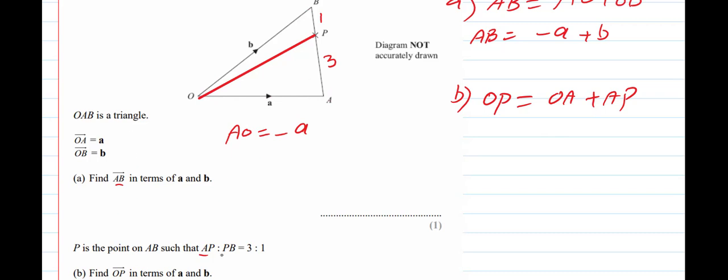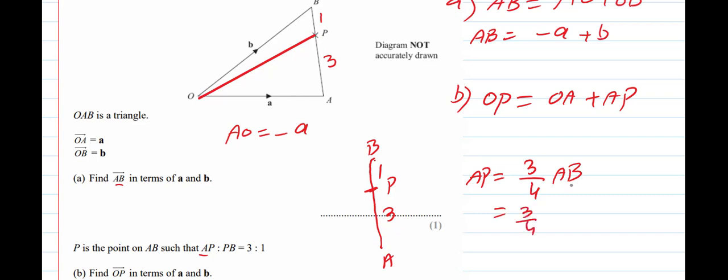So I will find it using the ratio formula. And how can I find AP using the ratio formula? AP is on this line. This is A, this is B, P is somewhere here. This part is 3, this part is 1. So for finding AP, it will be the ratio of this part, 3, over the sum of both ratios, 1 plus 3, 4, multiplied by full AB,